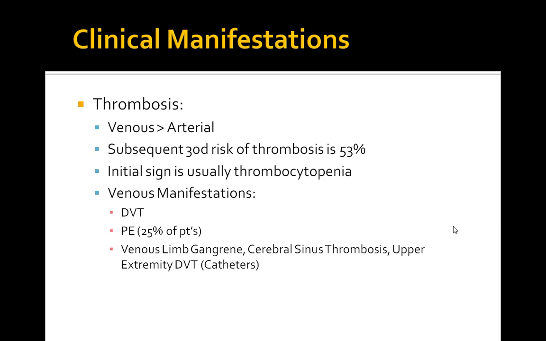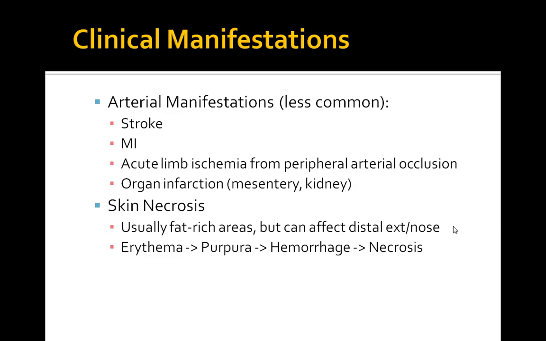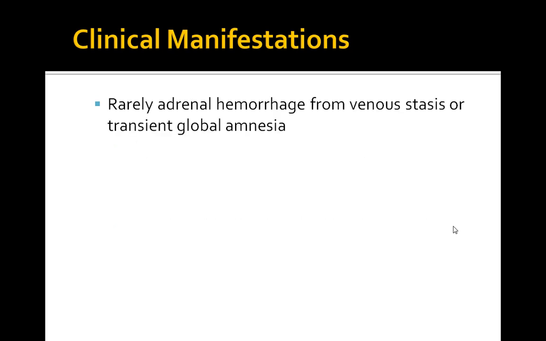There's venous manifestations like DVT, PE, limb gangrene, upper extremity DVTs. All these are venous manifestations. But the initial sign is thrombocytopenia, and then you can have a thrombosis. Arterial manifestations less commonly cause stroke, MI, and acute limb ischemia. Also skin necrosis, usually in fat-rich areas, but can affect distal extremities or nose. And patients have erythema, purpura, hemorrhage, and necrosis. Rarely adrenal hemorrhage from venous stasis or transient global amnesia